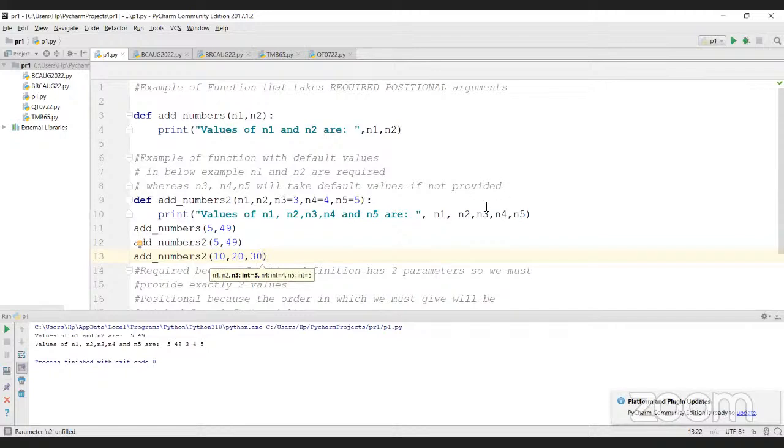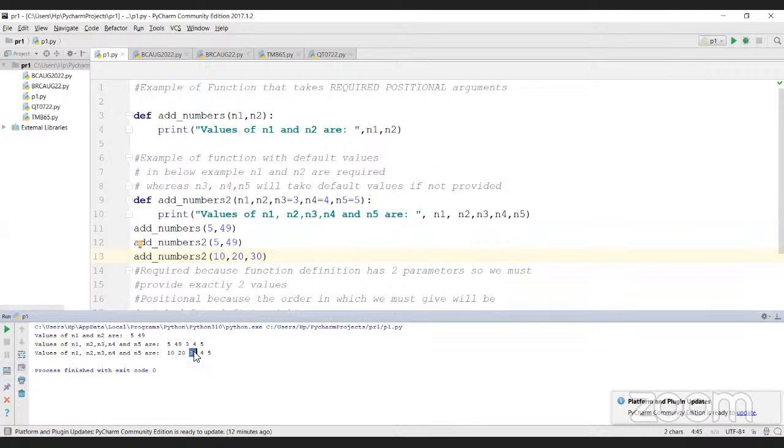So N3 is default, but still positional, because N3 is at the third position from the left. So it will take the third value from the left. So N3 takes 30. But for N4 and N5, we are not passing values, so N4 and N5 will take the value 5 only. But N3 will take 30 here. You see? So this is how we can provide values to